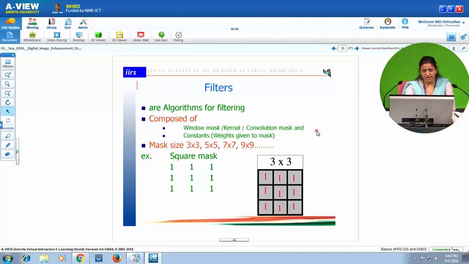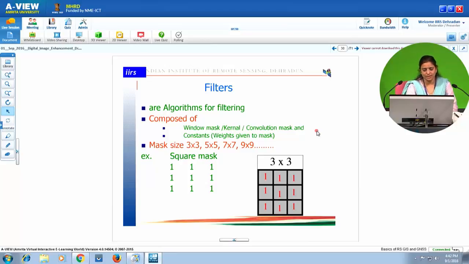Now filters are the algorithm for filtering. A filter is composed of a window mask or a kernel or convolution mask and constants, that is the weights which are given to the mask. The mask is always an odd sized mask. It can be 3 by 3, 5 by 5, 7 by 7, 9 by 9 and so on.